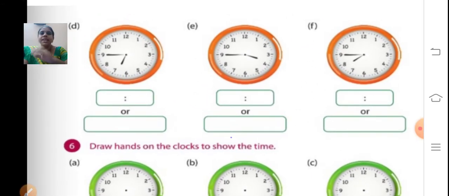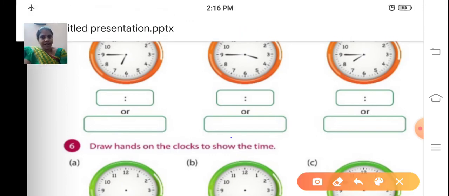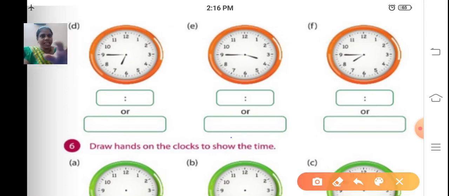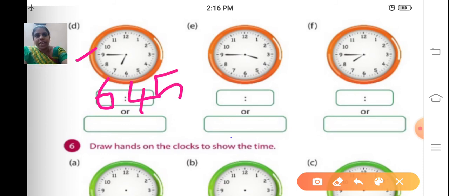D sum. Just see. Yes. Shall we write the time now? Where is our hand? It has crossed 6 fully, right? So the time is 6. Then, yes, minute hand, it is at 9. What is that meaning? 9 5s are 45. Same, 6:45. How to write in other way? If the longer hand is at 9, it is quarter to, isn't it? So, write down quarter to.